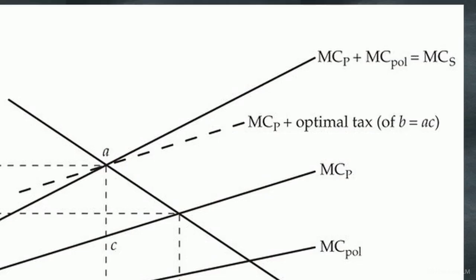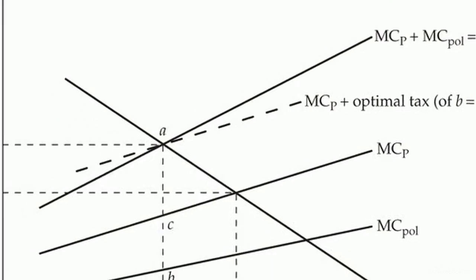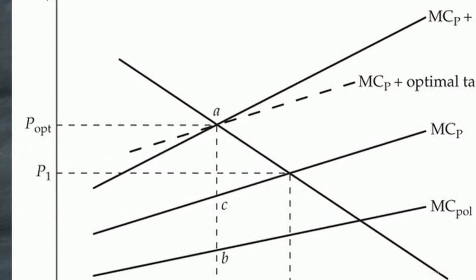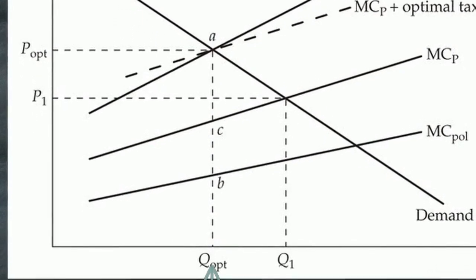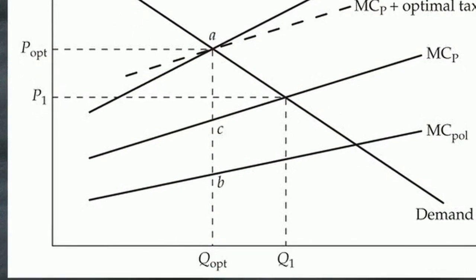To find the true cost of production, we must combine these metrics into a social cost curve. This is the absolute mathematical sum of the private marginal cost and the external pollution cost. The genuine socially optimal equilibrium occurs higher up the graph, precisely at point A, where consumer demand intersects this comprehensive social cost curve. We now see the optimal market quantity is much lower at Q-opt, and the necessary price is